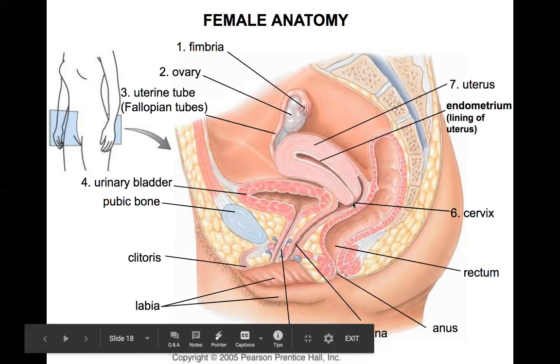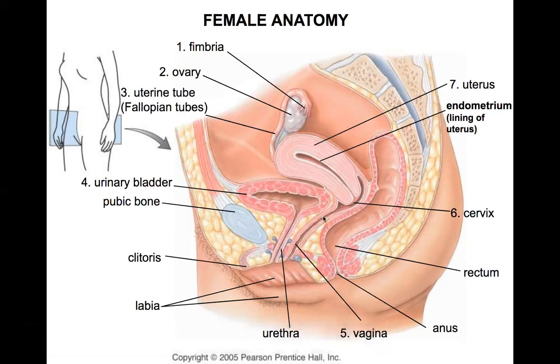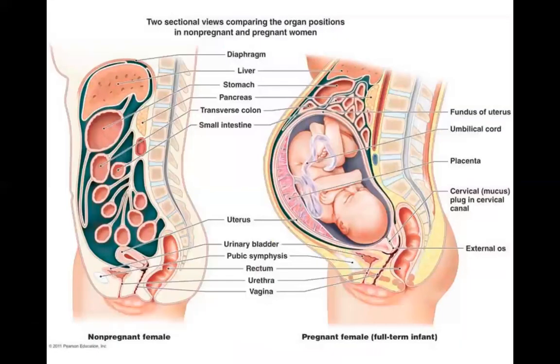And right outside the uterus in this area is known as the cervix. This is the area where the penis structure would then be inserted to deliver the sperm for fertilization to take place. Here is an interesting side view that I figure would be of interest to all of us,